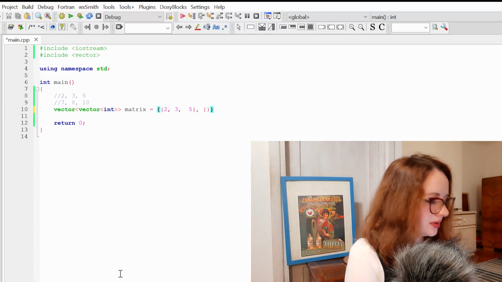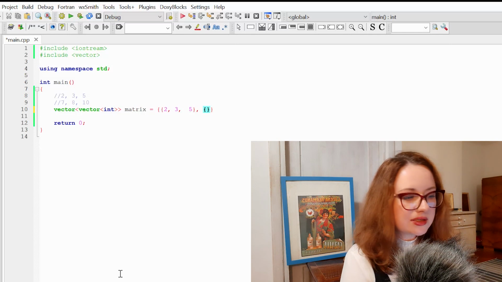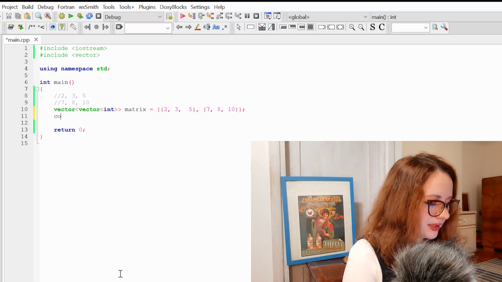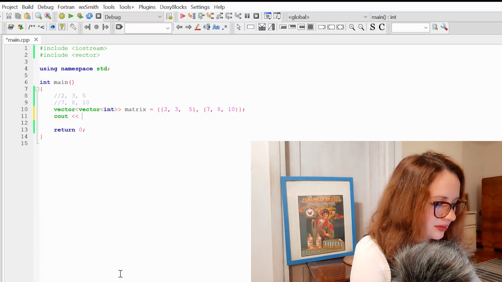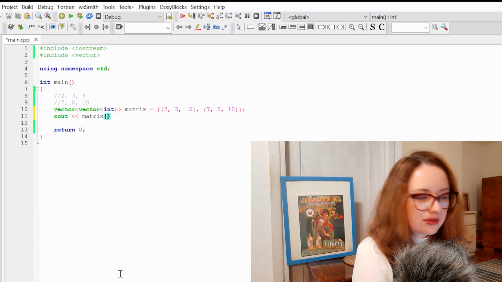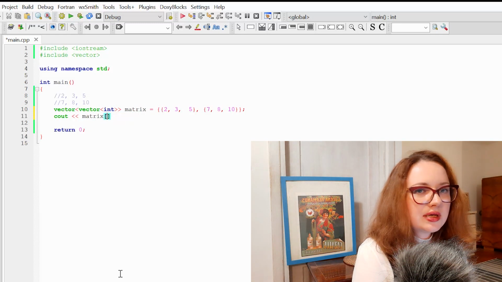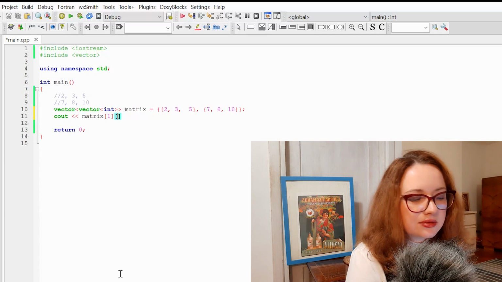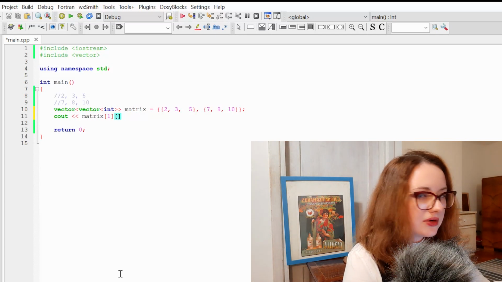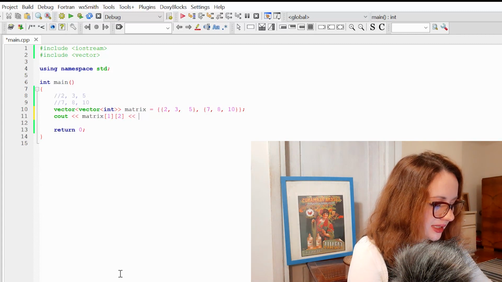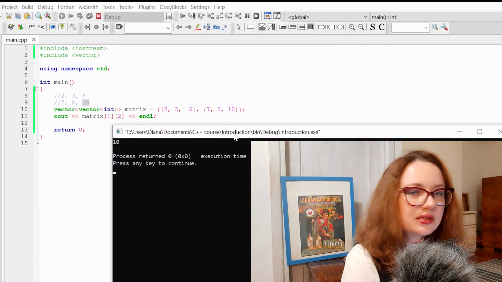Once again, open curly brackets, and in the second curly brackets we are going to list members of our second subvector. Okay, and now if I try to once again reach some member of my vector of vectors in first square brackets, let's try to reach the second vector. So let's type 1. And now let's try to reach the last member of our second subvector. So it's 2 because it's 0, 1, 2. And once again end line. And you can see that indeed result is 10.